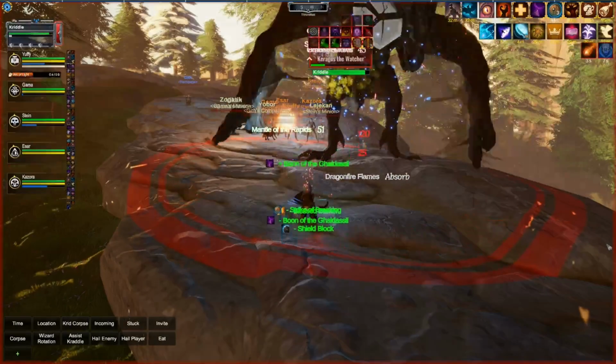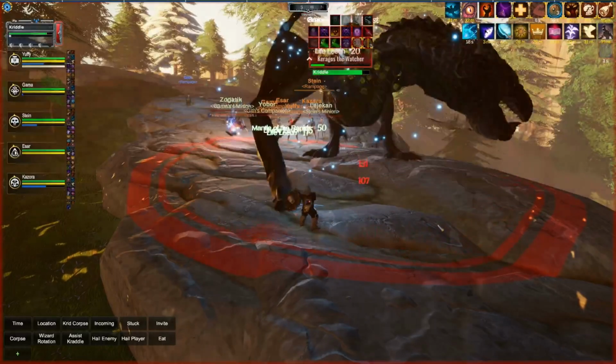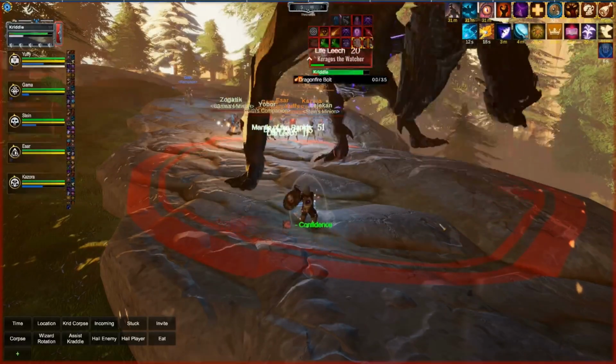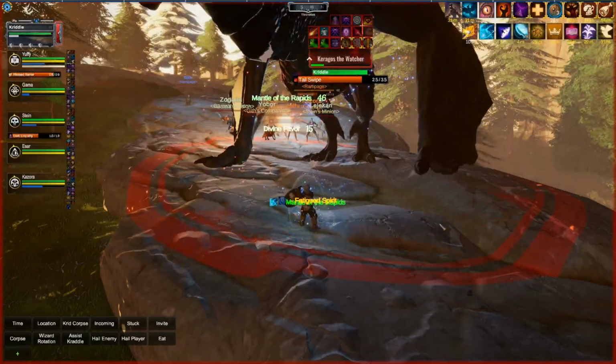So here is the new updated info on Keragos the Watcher. Keragos the Watcher is a level 50 mob. It is a group chevron mob, but it has no traits. It's a 15-minute respawn, and we were able to down this mob with a 48 warrior, 48 monk, 48 necro,